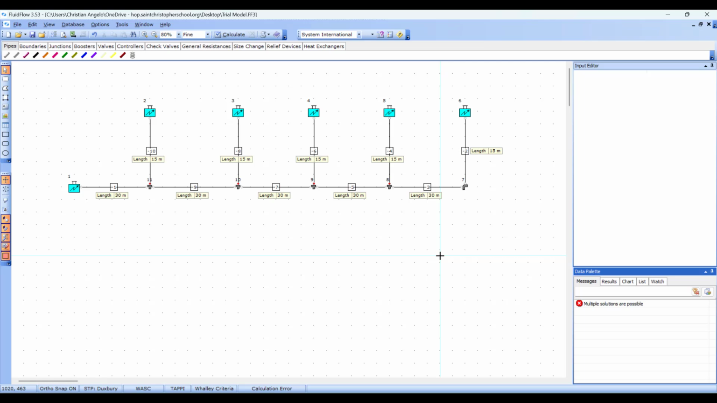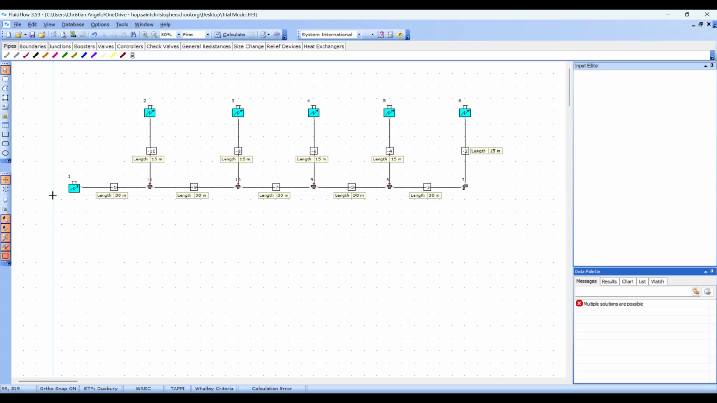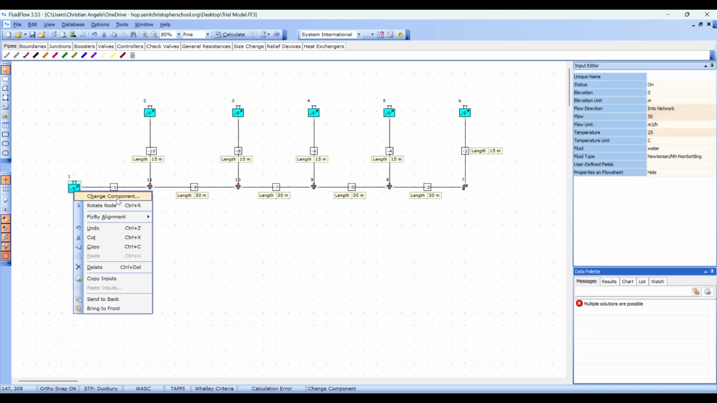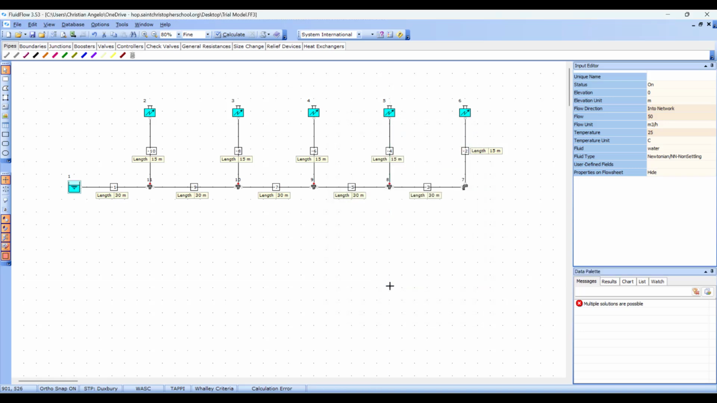To correct this, let's specify the pressure in the inlet boundary as shown in the image, which is the model we want to build. Notice that the pressure in the inlet boundary is 1.5 atmospheres. To do this, let's replace the inlet boundary with a known pressure component instead of a known flow. Let's set the pressure to the desired value. When we calculate the model,